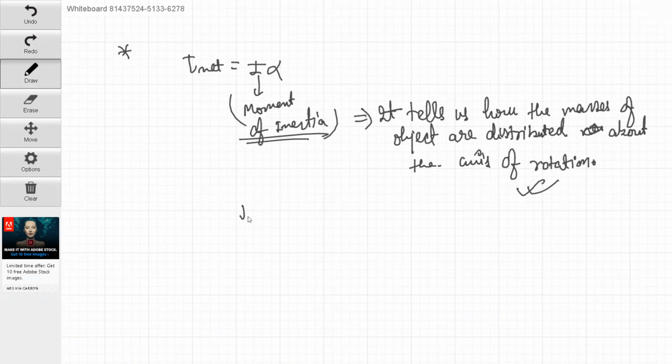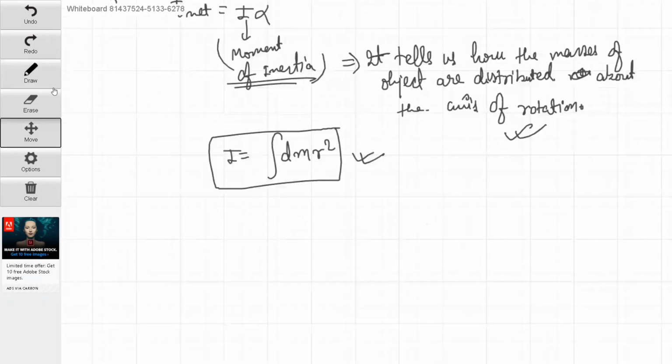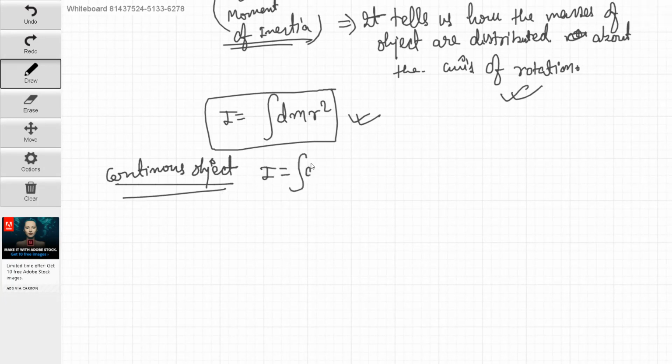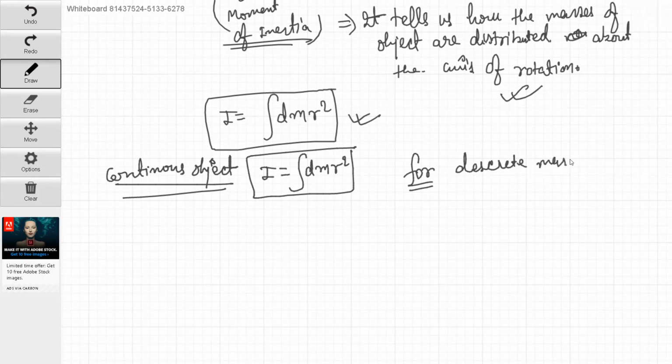Is this okay? So mathematically, moment of inertia is equal to integral of dm r square. So there are two types of object. There is a continuous object. So for continuous object, the value of moment of inertia is equal to integral dm r square. Is this all right? And for discrete mass system,